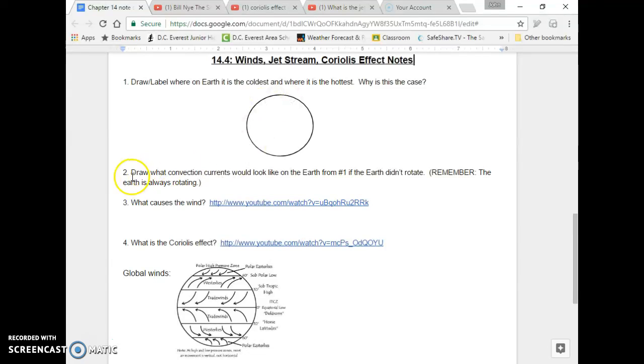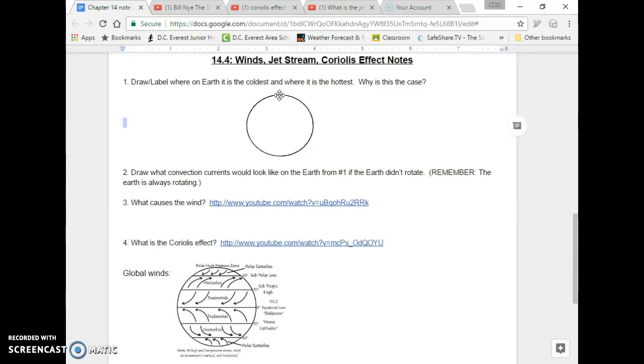Now the second question here says to draw what convection currents would look like on Earth if the Earth didn't rotate. So if the Earth just sat still and went around the sun, so it still revolves around the sun, it just doesn't spin, how would that change what things would look like on Earth? Okay, obviously that's never going to happen, but what would happen if that were the case,